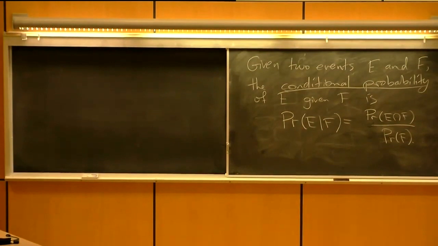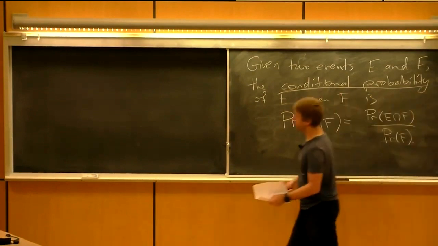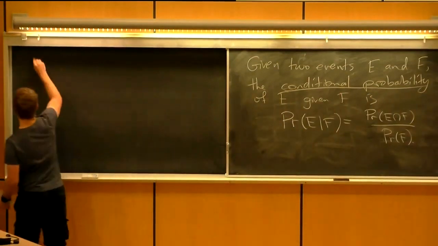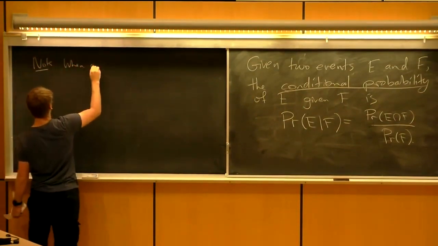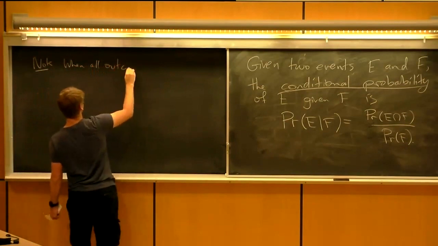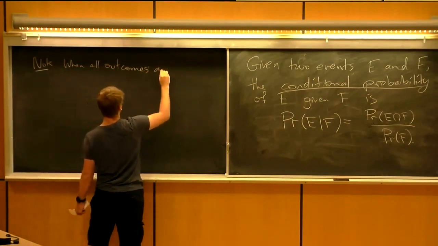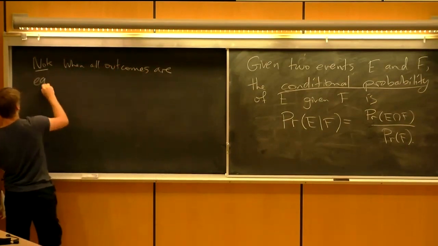Because if you're dealing with things with equally likely outcomes, the numerator is always going to be something divided by the size of the sample space, and so is the denominator. So the size of the sample space is going to cancel. So note, when all outcomes are equally likely,